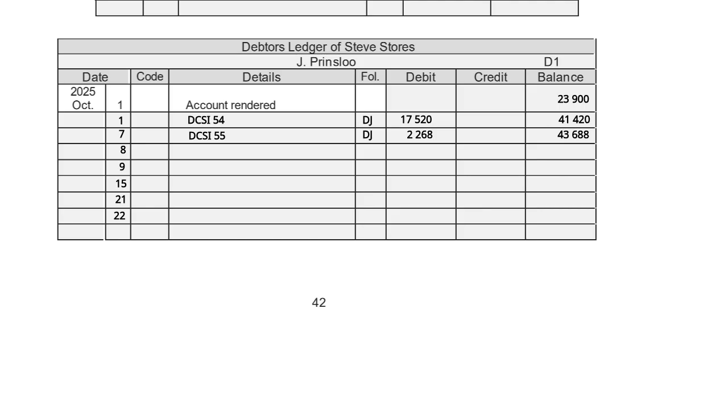return of goods by Prinsloo 1020, credit note 11. So my details is duplicate credit note 11. My journal involved for a return is my debtors allowances journal. Now it will go in the credit column 1020, and now my balance is slightly less, 42668. Then on the 9th,